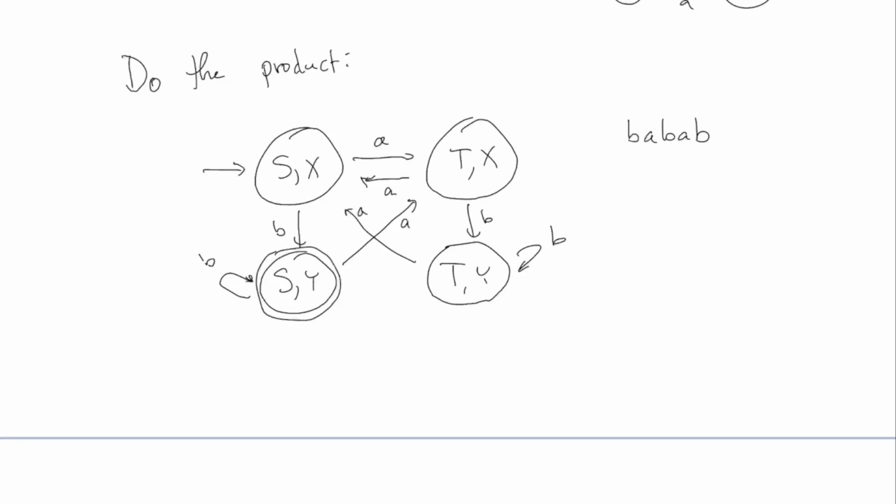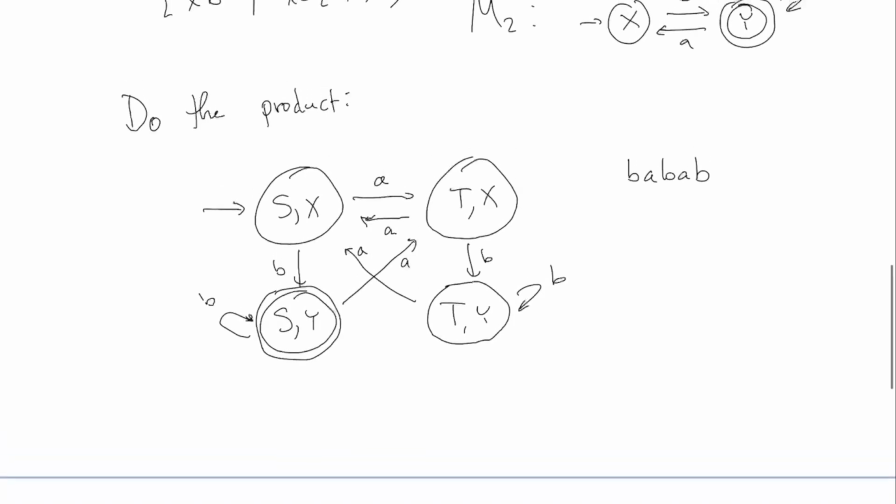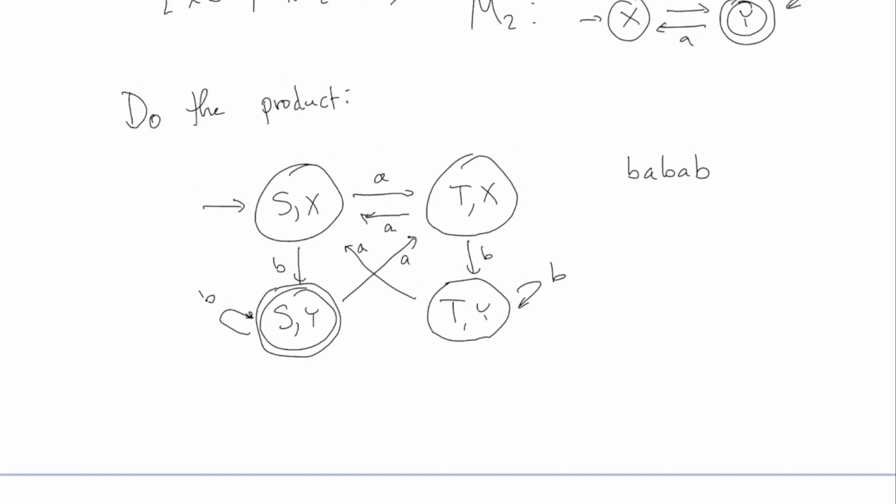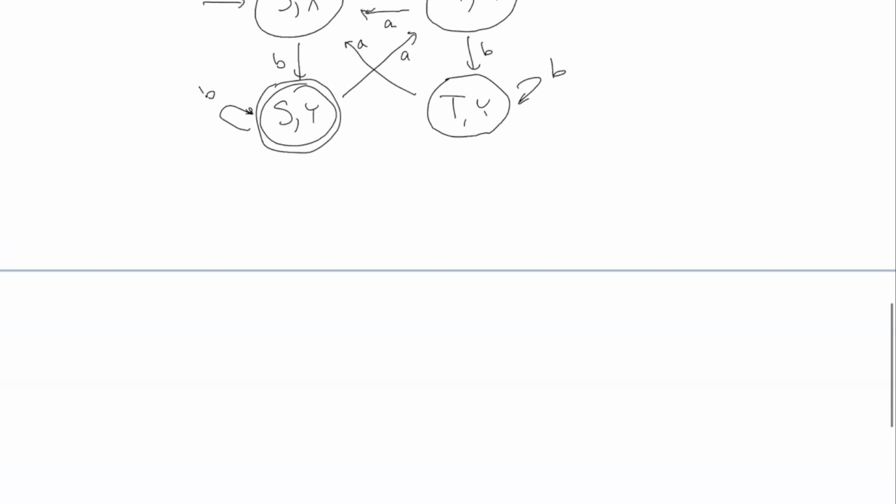Any thoughts about that? One last thing to say, and then we'll move on to something different. What if it was a union instead of an intersection? You do almost exactly the same thing. We don't have to go through it again because it's almost entirely the same. Does anybody remember the difference? Yeah? The accepting states, you would have S comma X and T comma Y also be accepting? Yeah, right. So I'll try and say in words. If it's union instead of intersection, or another way to put it is if the language is described using the word or rather than and, then it's the same diagram,